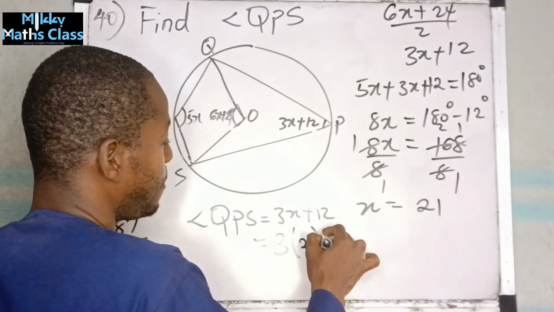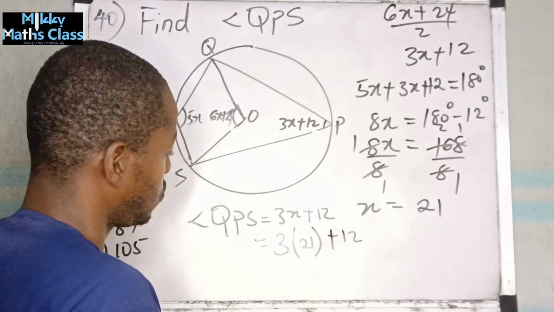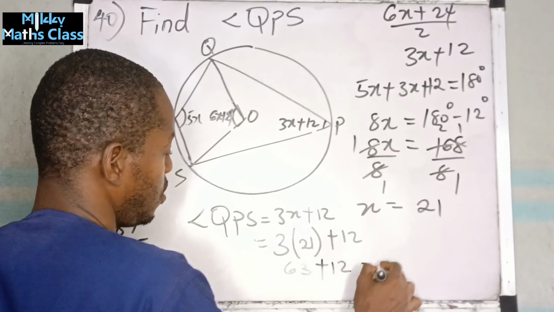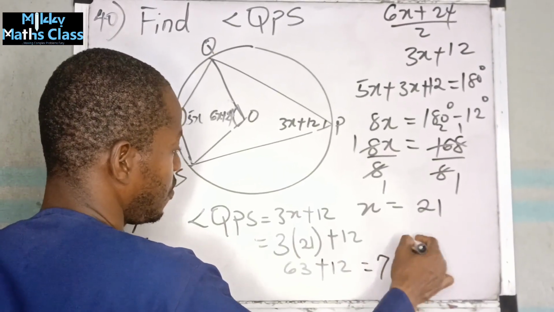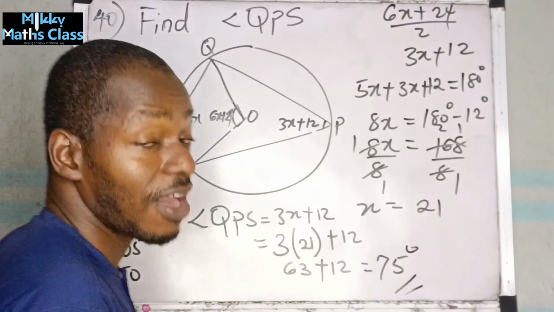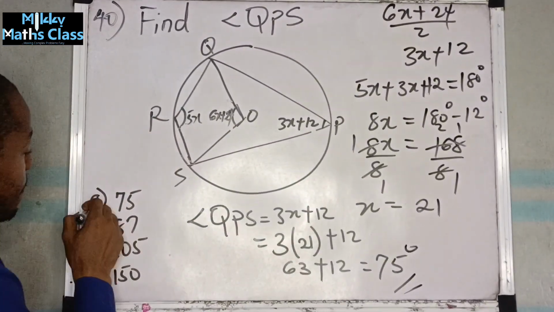So that's 3 into bracket 21 plus 12. 3 times 21 will give us 63, plus 12. That will give us 75 degrees. That is option